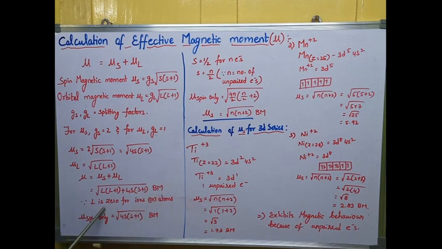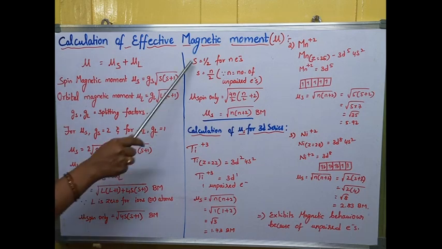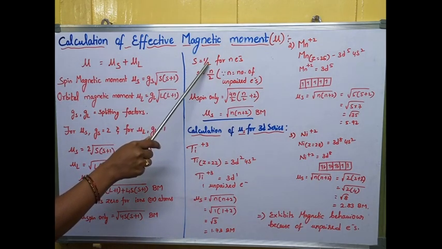So L is 0 for some ions and atoms. The orbital angular momentum L is taken as 0 because the orbital will not show any momentum now. So mu spin only is equal to, I am taking only root over 4s into s plus 1. This whole term becomes 0. Okay, this is in Bohr magneton units. So for the spin only formula, this is root over 4s into s plus 1, where s is the spin value from the spin quantum number. The s value is equal to half.